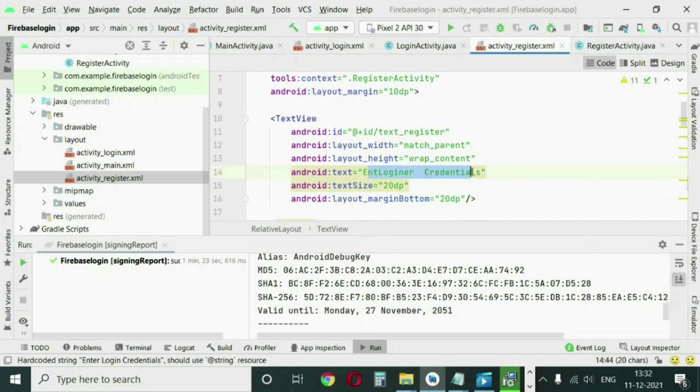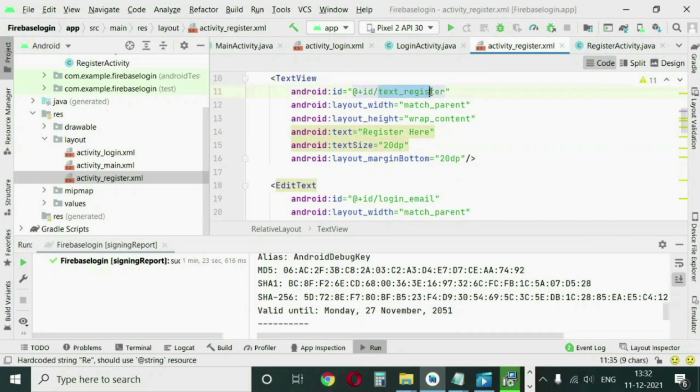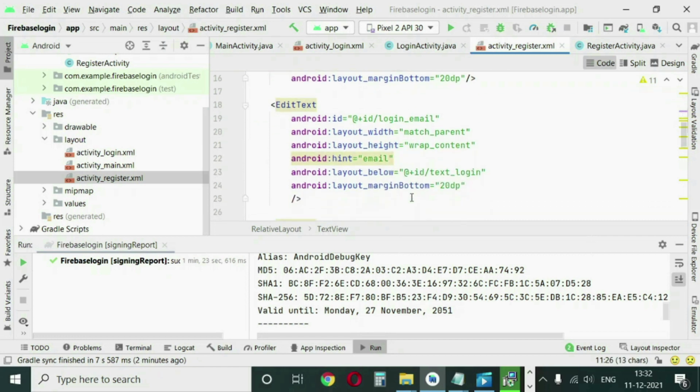And "Enter login credentials", we will change it to register here. Then on the edit text, this is the new ID, so it should be below that. So we will change the edit text to textRegister layout below. And now the ID of the edit text will be registerEmail. We'll change it.